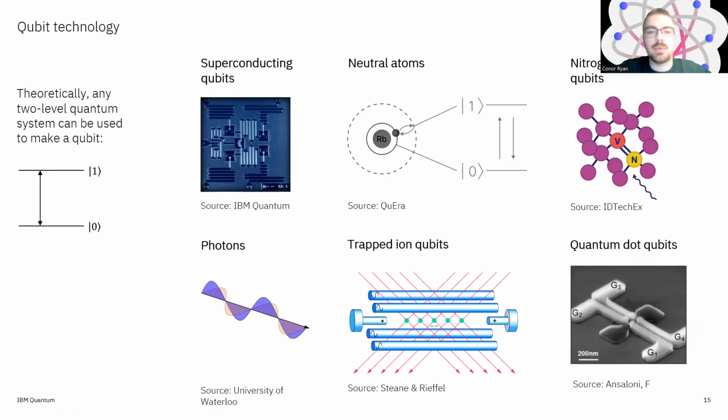Or there are other quantum computers that use neutral atoms, where two different atomic states will be selected, with one being 0 and the other being 1. Then you have nitrogen vacancies in diamond, where you might have an electron spin state, where spin up could be 1 and spin down would be 0. Similarly, for photons, you could encode your 0 and 1 in polarizations, trapped ions, and quantum dots behave analogously.